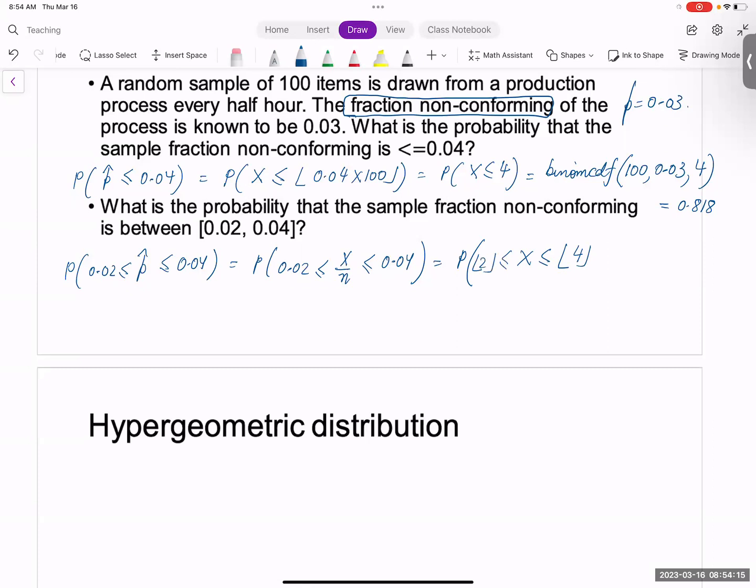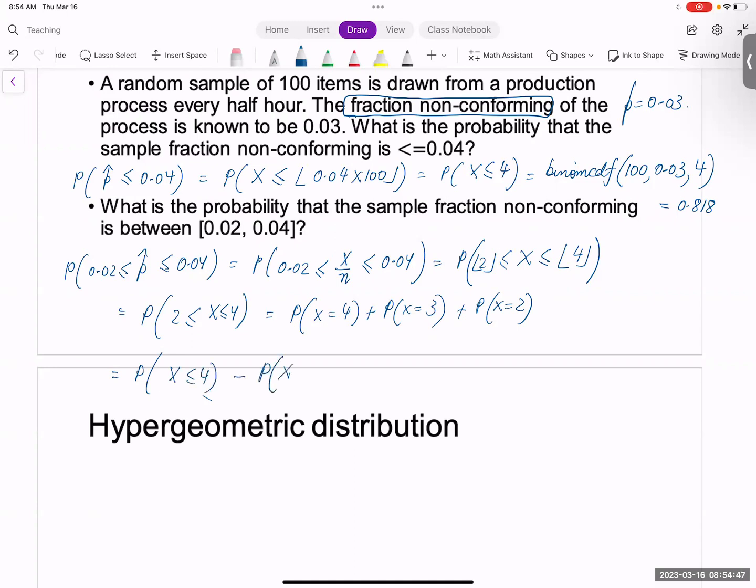You multiply n on both sides, and then this gives you probability x is less than or equal to 4 and greater than or equal to 2, right? And this is nothing but probability x equals 4 plus probability x equals 3 plus probability x equals 2, right? You can also write this as probability of x less than or equal to 4 minus probability of x less than 2,